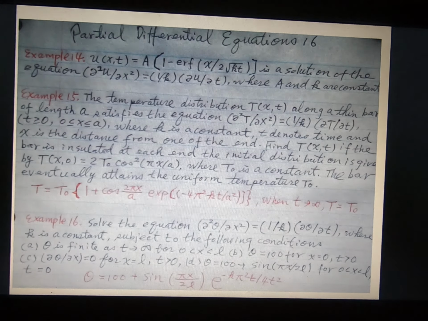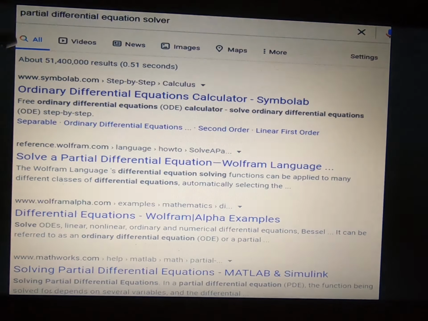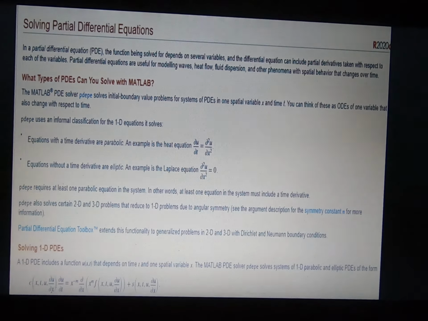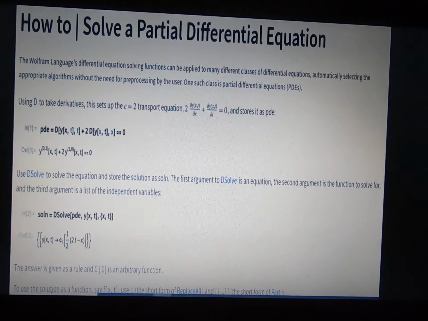And later on I will show you the computer website to solve the partial differential equation. These are from the website search, and you can see there are free websites that you can use to solve partial differential equations. And these are some of the methods they use in the website. And this is how to